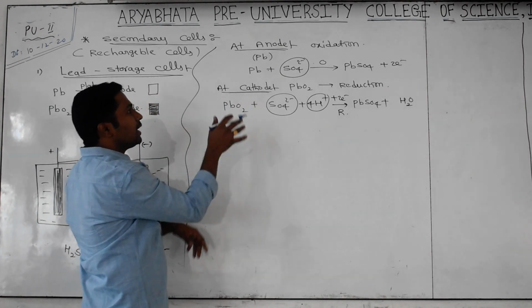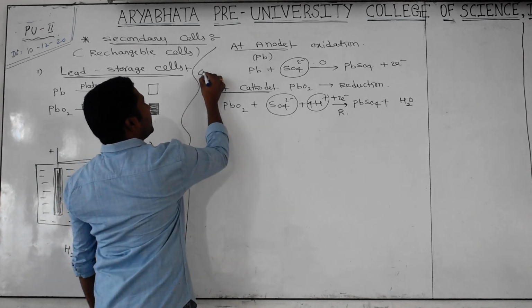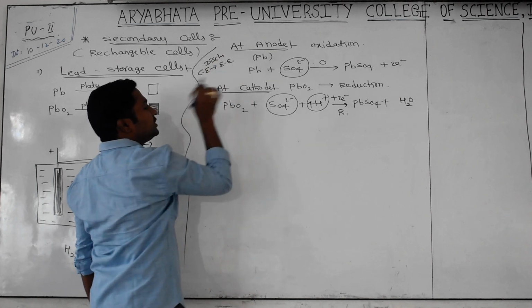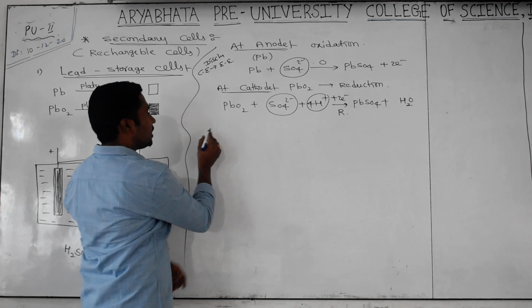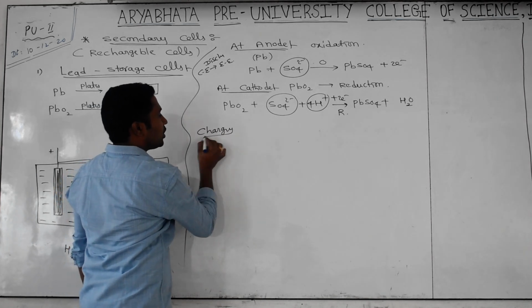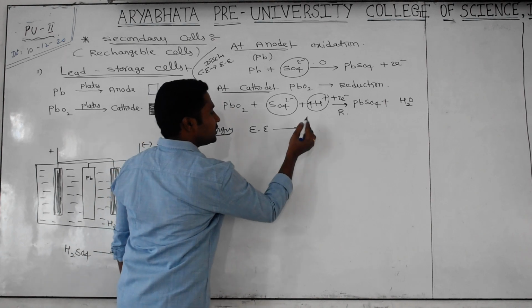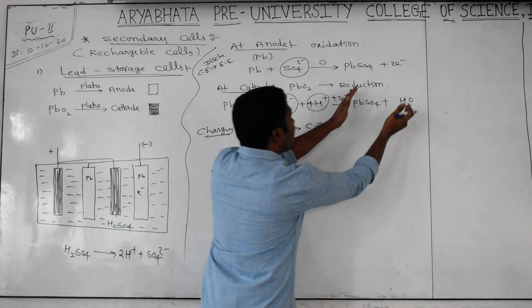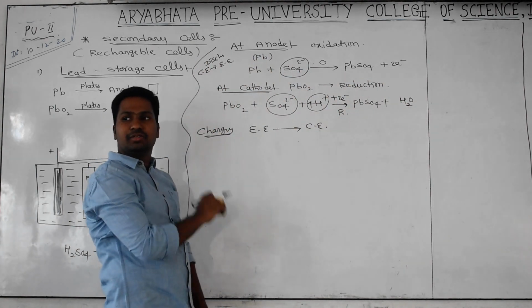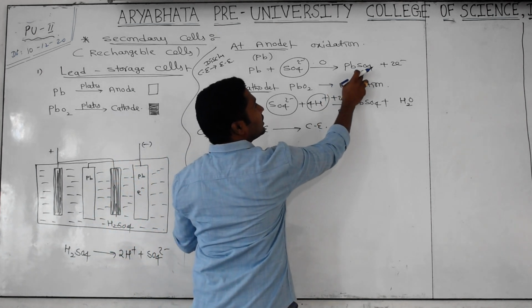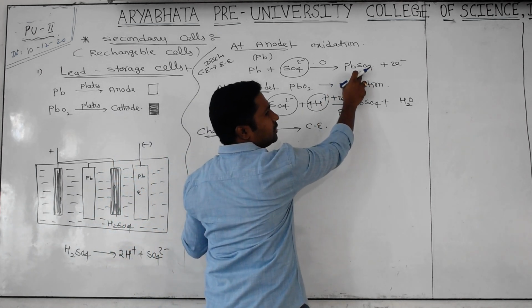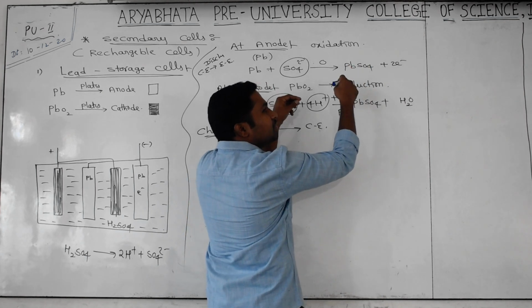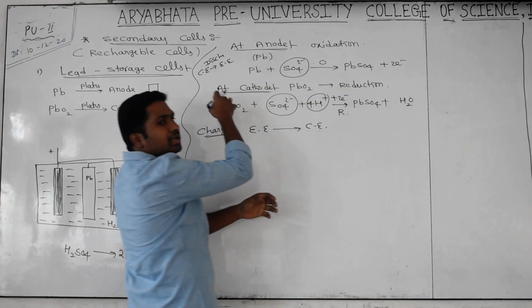These reactions happen when chemical energy is converted into electrical energy, that is, while discharging. Now we are putting it on charging. What happens? Electrical energy is stored in the form of chemical energy, so these products have to be converted back into reactants. Is it possible? Possible. Why? Because this is a salt, not a strong salt. That's why, while supplying energy, the lattice energy will be less. Just by supplying a very little energy, it takes that electrical energy and converts it into reactant.